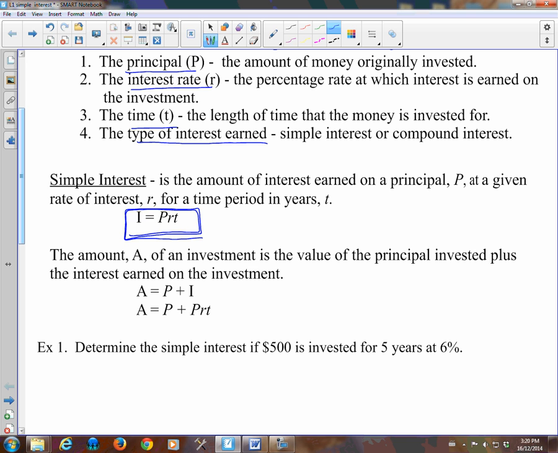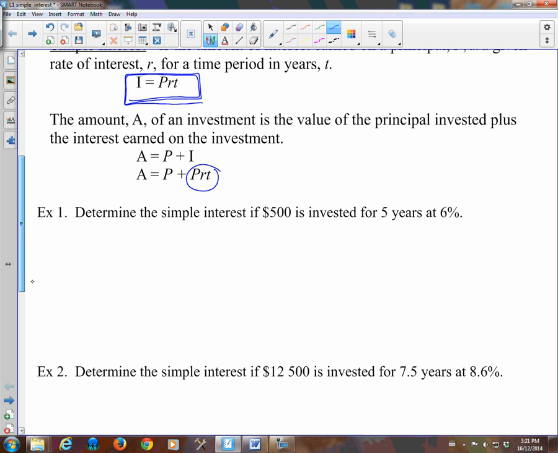The amount of investment is the value of the principal, so the amount of money you invest, plus the interest earned on the investment. So you add your principal plus your interest, and you get your interest from doing principal times rate times time. So if we look at an example, determine the simple interest if $500 is invested for